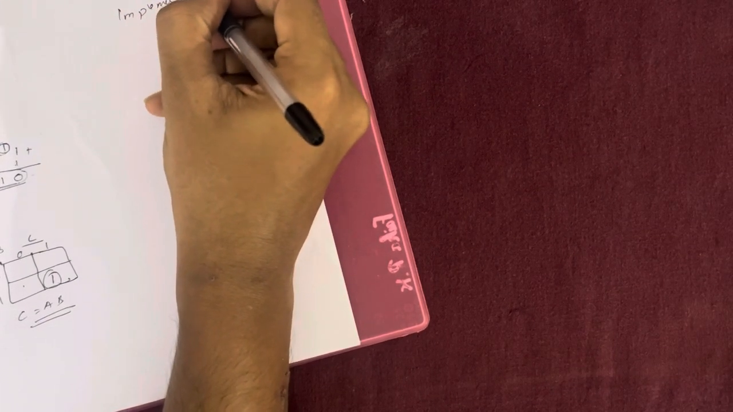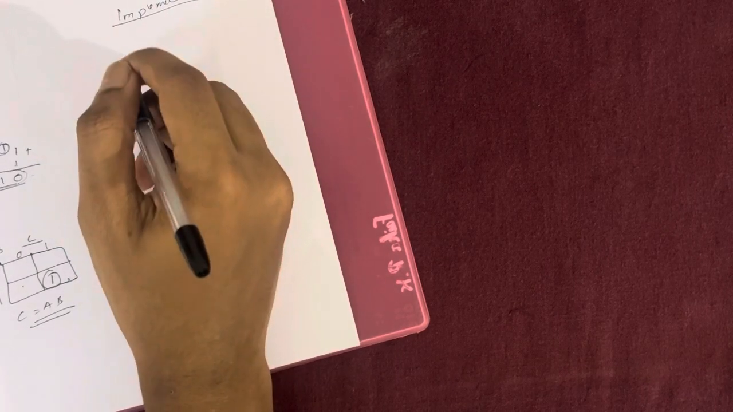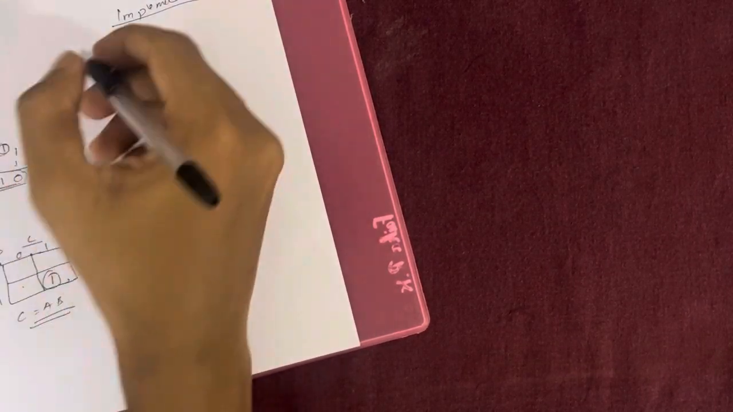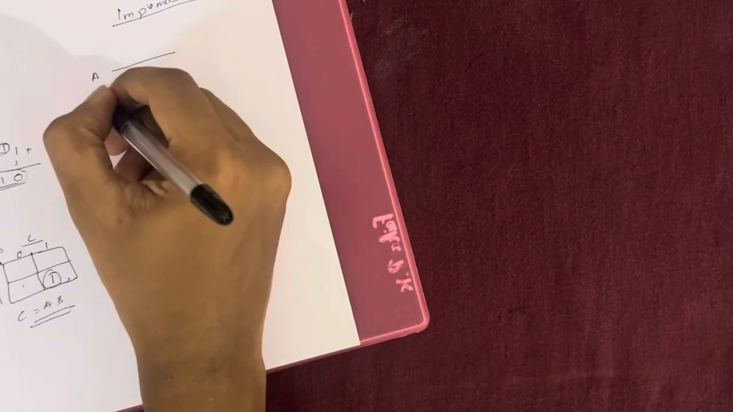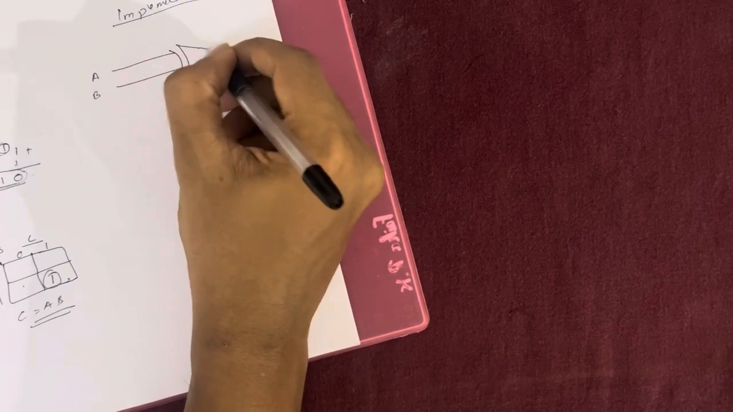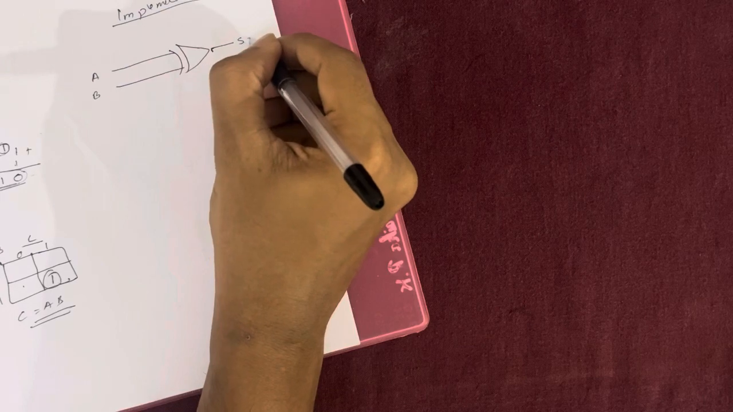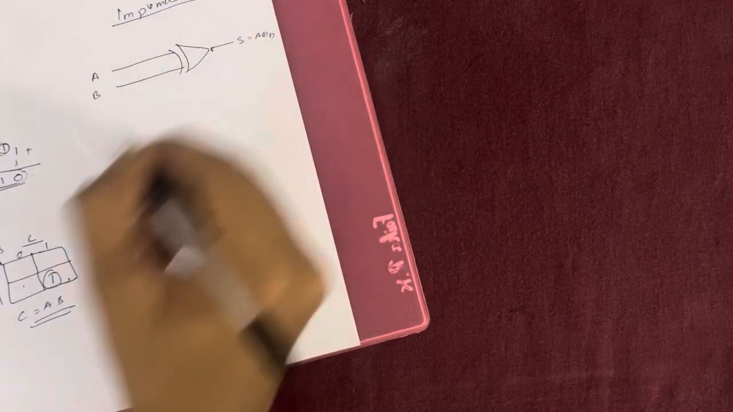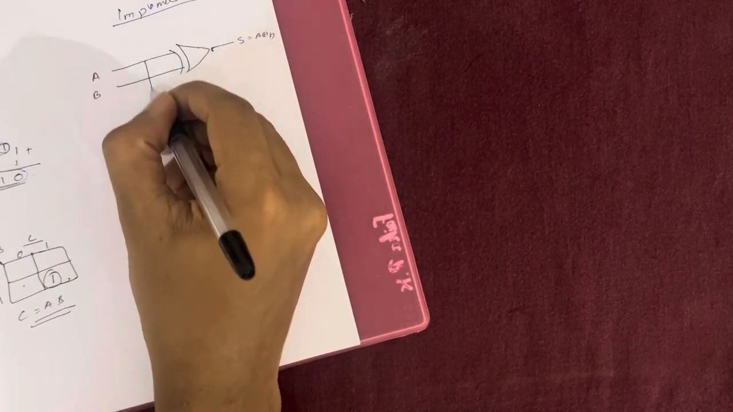I mean the design. How do we implement it? Have a look. So the sum is A XOR B. We need two inputs, A and B, and the sum is A XOR B. This is A XOR B, and we need the carry, AB. So let's take from A